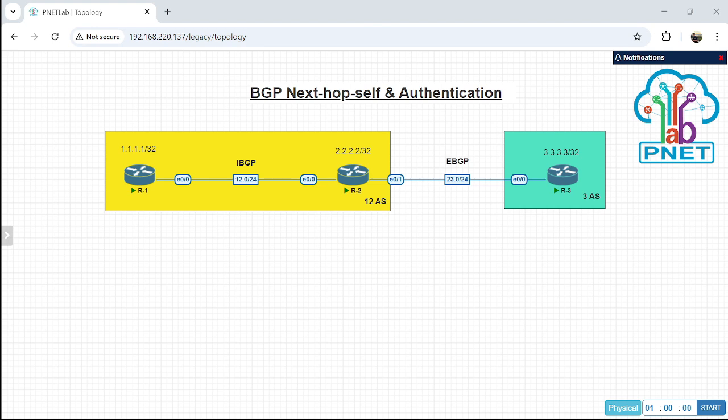So for the next configuration, I will add BGP first, and then add the next hop self. Remember guys, router 1 and router 2 still use AS12, and then we can type neighbor.